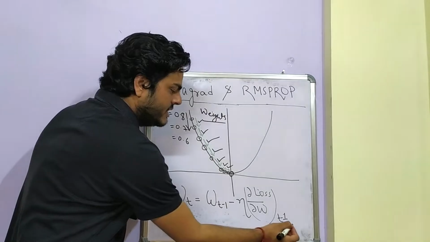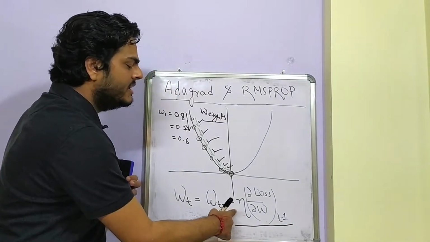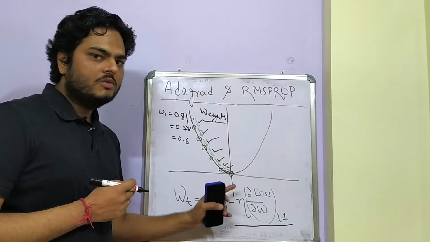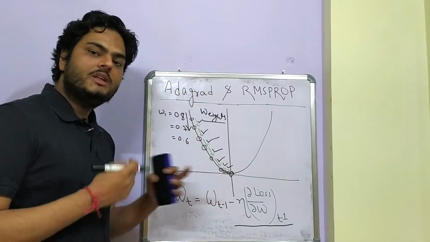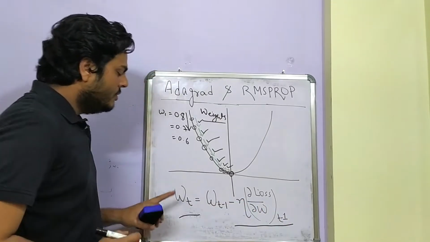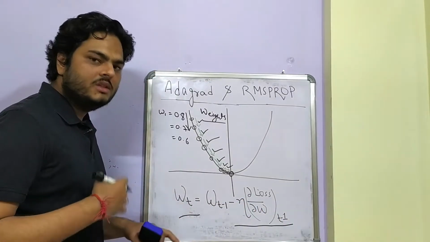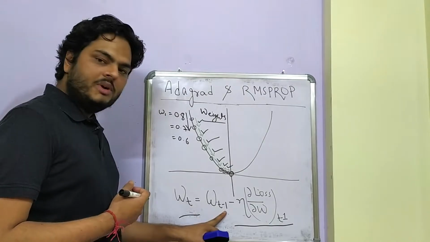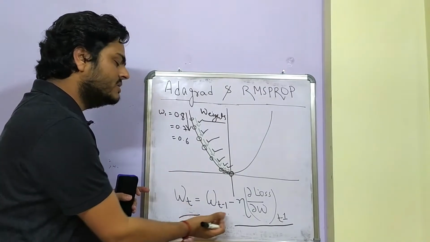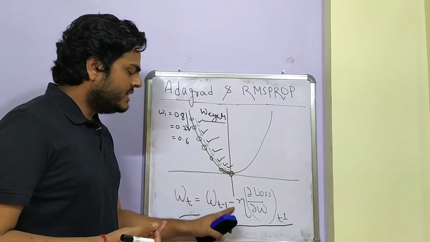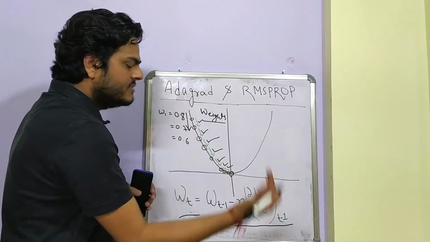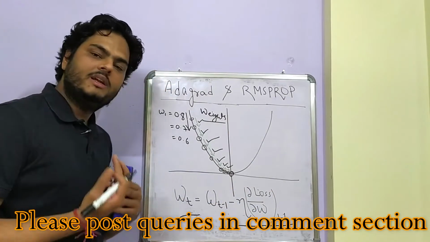Using this part of the equation, right? We multiply the learning rate by the gradient of the loss with respect to the weight, and then we compute the new weight at time t. So the weight at time t is nothing but the weight at time t minus 1, which is the previous epoch. You can say this as the third epoch, this as the second epoch, and then minus eta times the derivative of loss with respect to the weight at the second epoch, in our example, the gradient.